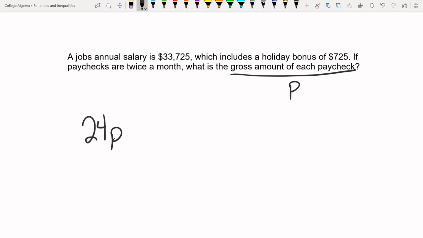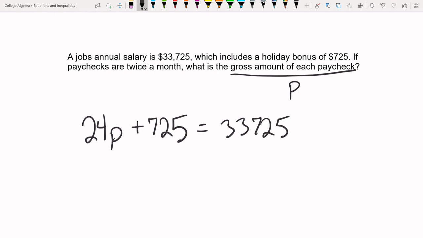Now, this isn't the only thing they got paid, right? Because they also got a holiday bonus of $725. So 24 times P, this is the amount that they actually got on the paychecks. That's the bi-weekly paycheck they got. And 725 is the amount at the end of the year that they got for a holiday bonus. This is the total amount that they received for their salary. And this equals, well, the annual salary that's been received,